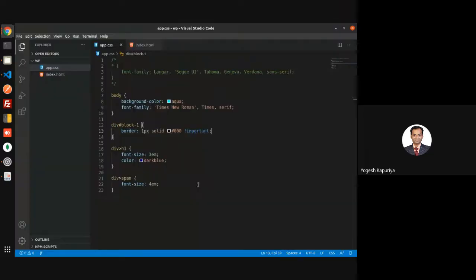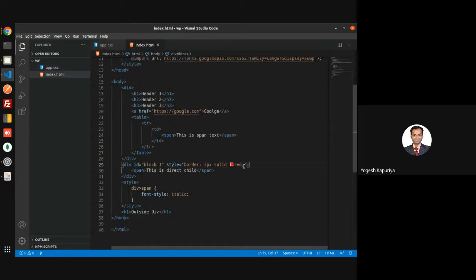So for that you can write !important, but that doesn't mean you should write important everywhere, because in that case it will create complexity, because again you are writing important here and then you are writing important here as well.